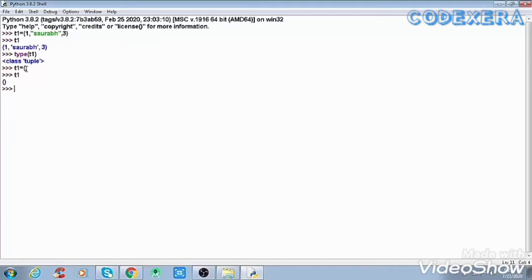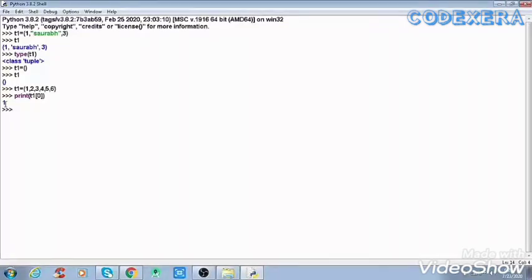So let's start. I will create a new tuple with the name T1, give it some values and enter this, and now we'll call particular values from this tuple. So print T1 and call the value of index number 0. Here index number 0 has the value 1.